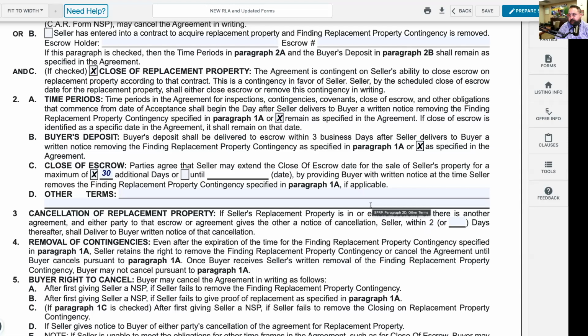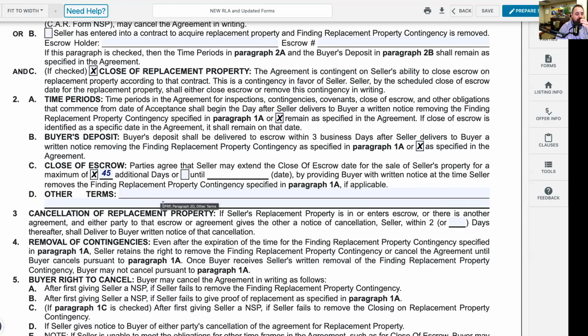Okay. So please make sure you have something in here, 30, 45 days, whatever. You can always close earlier than what that extension is. But if you feel more confident that you need more time, then 45 days is there. Okay. Any applicable terms that you may not have been in here that you want to address, I don't know